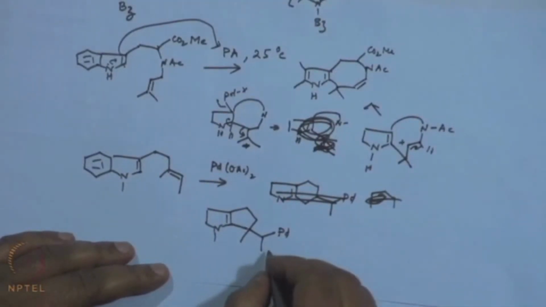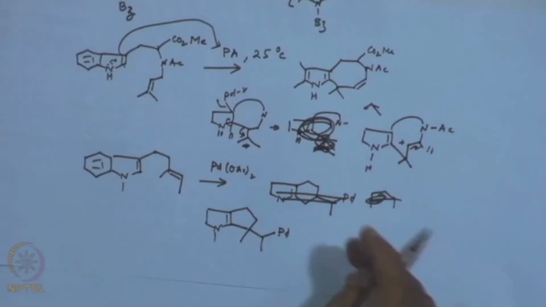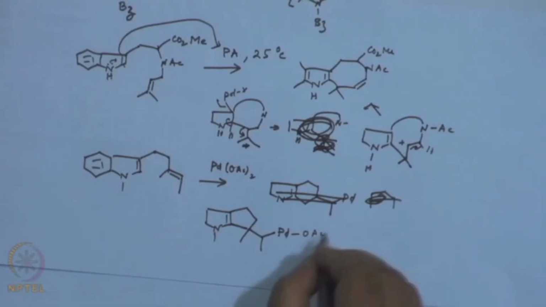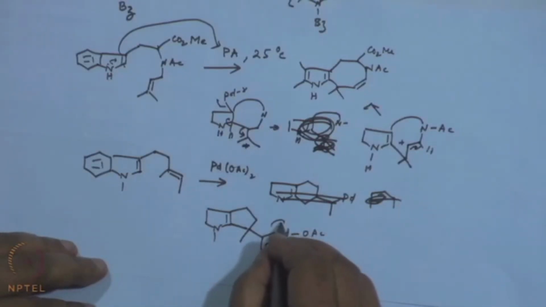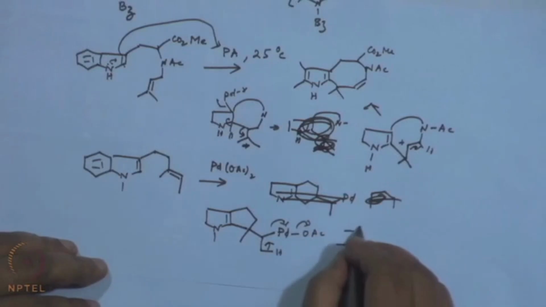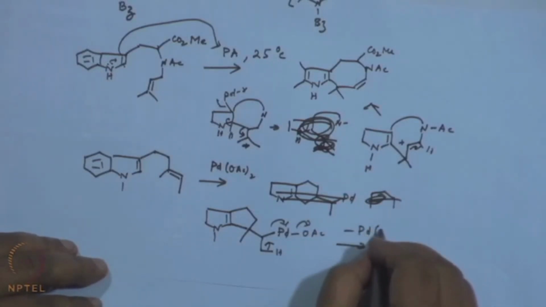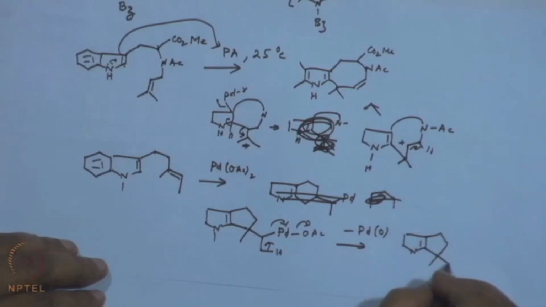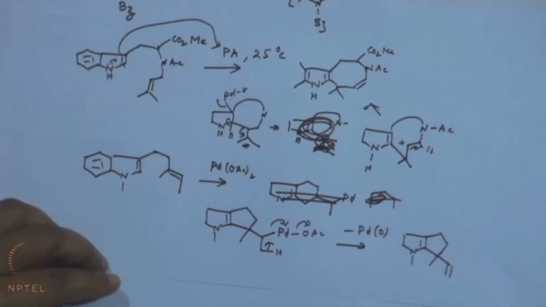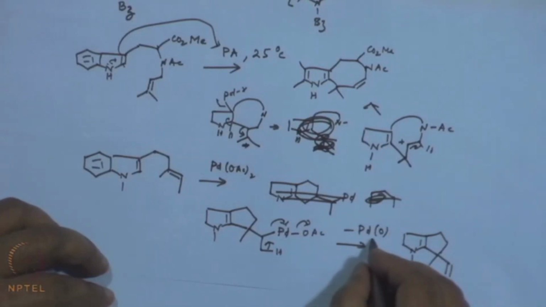Okay, fine. Now what? Now elimination, that is it. That means you are losing palladium 0, and the product is what you get. If you look at it eventually, palladium 0 must be converted again into palladium